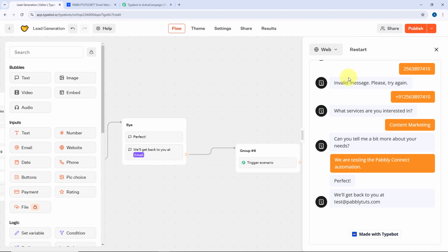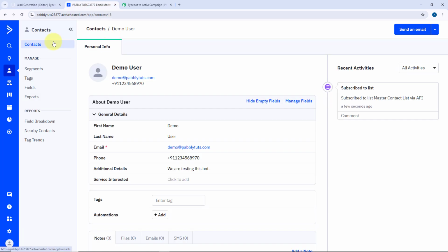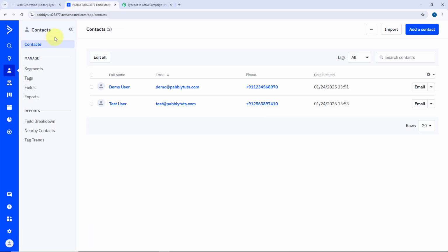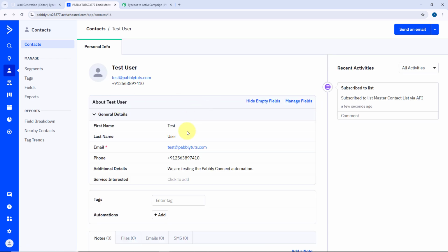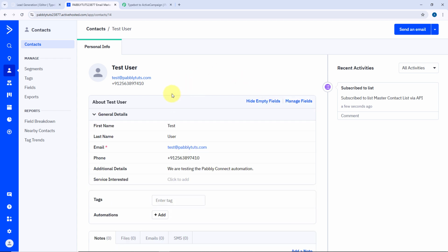Typebot. And as we have the conversation, as this conversation ends, we will see instantly within seconds with the same details, the contact will be created in ActiveCampaign. So we'll go to our ActiveCampaign account. Once again, we'll go to the contact list. And yes, here you can see that instantly within seconds, test user, the same person with the same details, same name, same email address, same mobile number, and same message with the same details, this user is now added as